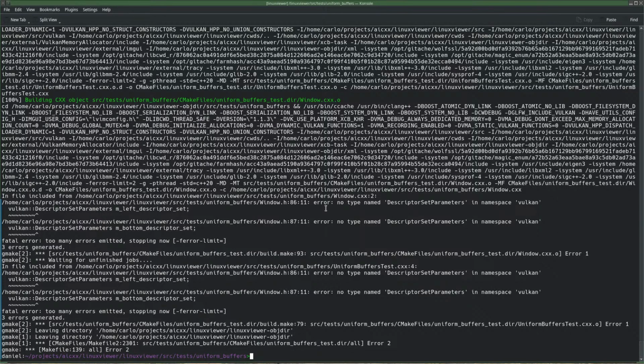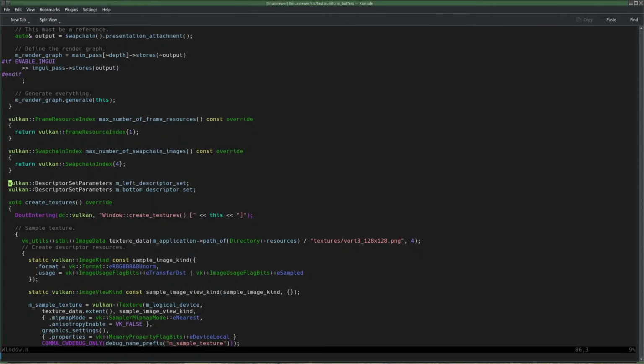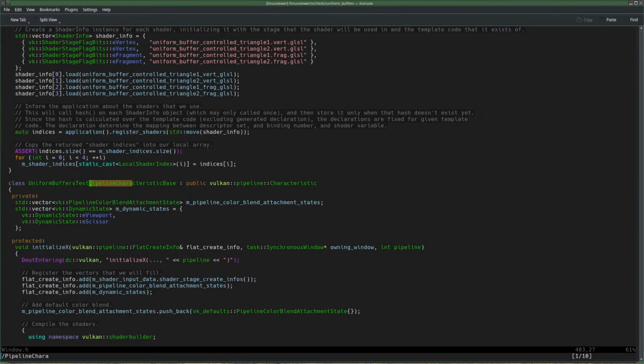Now, one of the things that I did was remove the descriptor set parameter struct. So obviously that doesn't exist anymore. Worse, however, I moved stuff from the window class, and this is the window class, to pipeline characteristic. Let's find that, if that exists here somewhere. Pipeline character something.